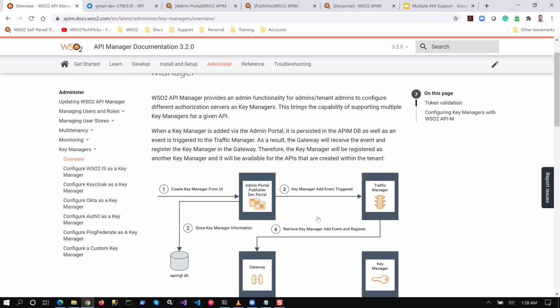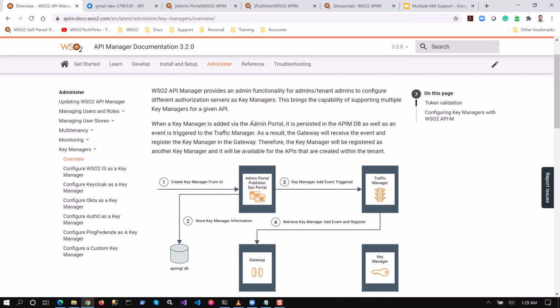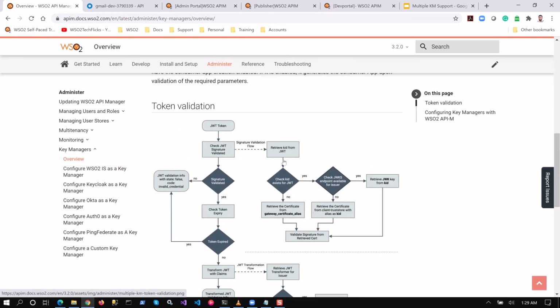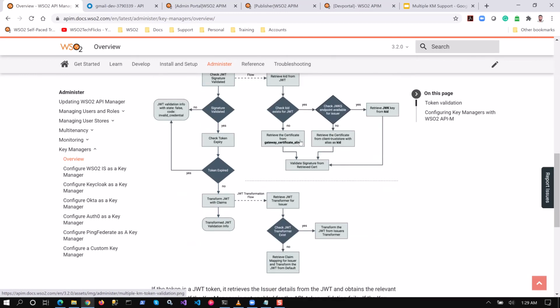So you can go through the overview page to understand how it works, how the token validation process works, and also you have links to configure Keycloak, WSO2 Identity Server, Okta, Auth0 as the key manager.